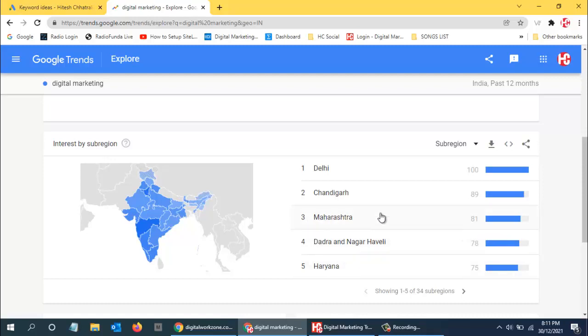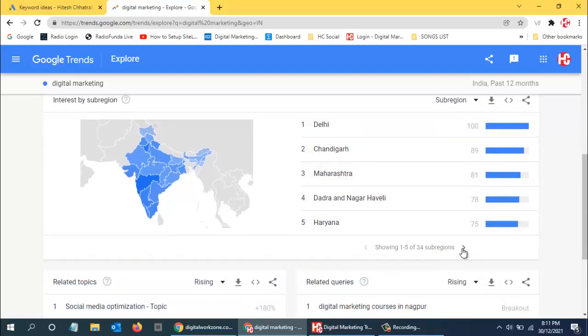So now you got to see there is no Rajasthan. People from Rajasthan are not searching for this particular keyword. See over here Karnataka is there, but Rajasthan is not there. So from Rajasthan, no one is searching for this particular keyword.